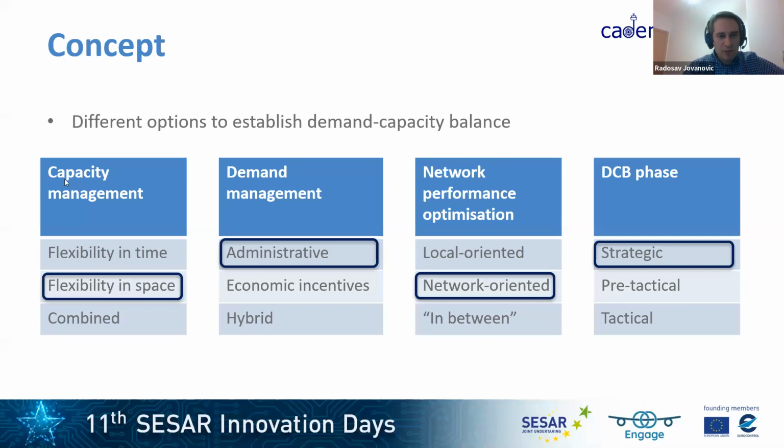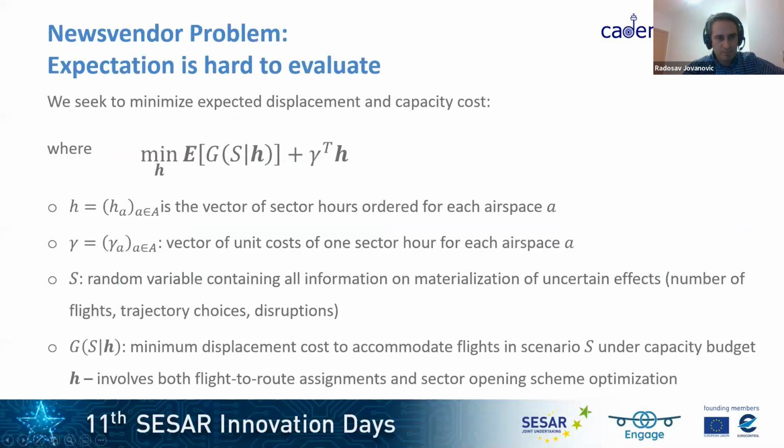So, I would argue that this is more hybrid than administrative, but nevertheless, you will see that we are trying to plan the capacities network-wide by a central planner. You can call it a network manager or a central body or whatever, trying to optimize the performance of the network as a whole and focusing on the strategic stage, meaning from 7 days up to 6 months before the day of operation. Next slide, please, Arne. Okay, so now over to Arne for some formalization.